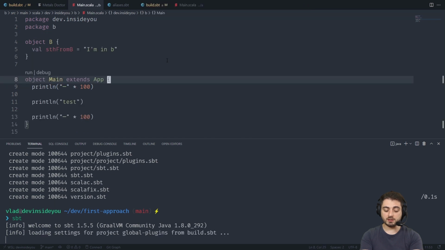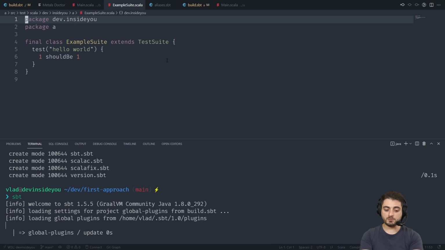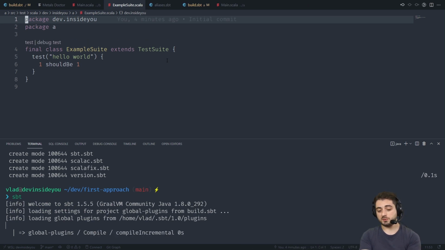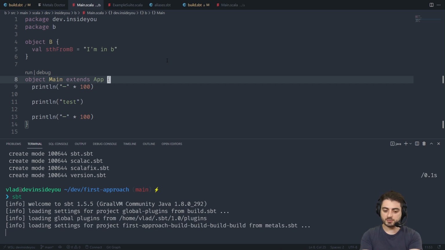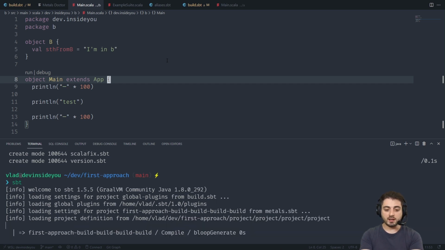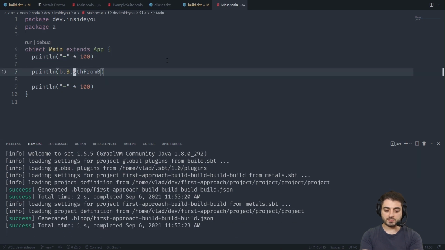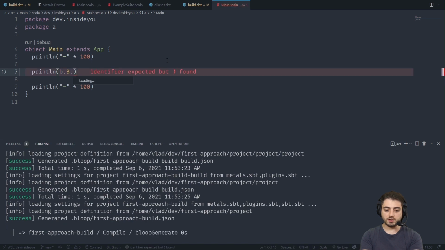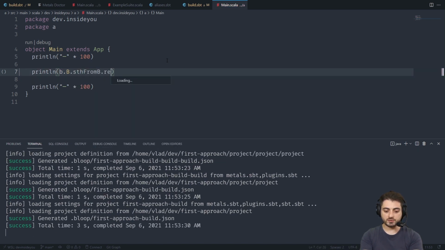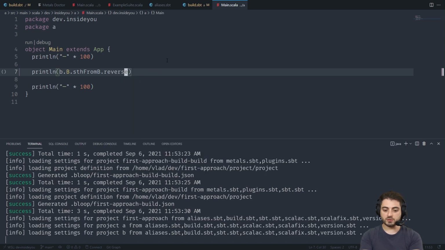So if we go to B main, we have our lance as well. We have our lances in our tests. Everything works much better. In fact, this is the approach that we use at work. We have a monorepo with, I don't know, 20, 30 projects. I have no idea how many. And if we go to A main, we have the same things. Everything is working, you have the auto completion. We have all the things. Dot reverse or something like this because it's a string. Reverse, there we go. It's all good.